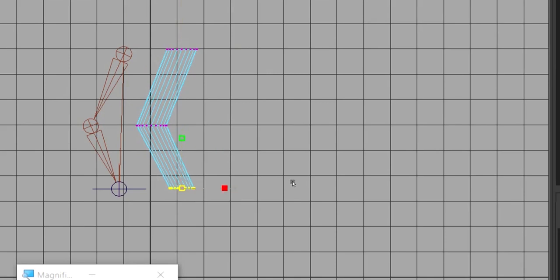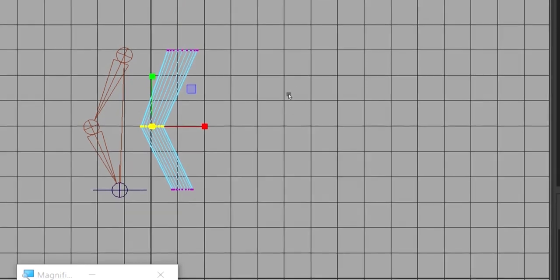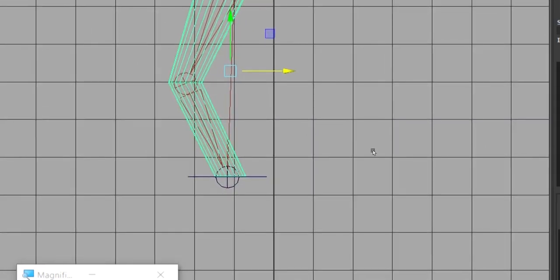I'm going to squeeze it a little bit. See, this is just for understanding. This is not actually a model. I know you are very good in modeling. I'm just matching it. In my front view, it is matching.